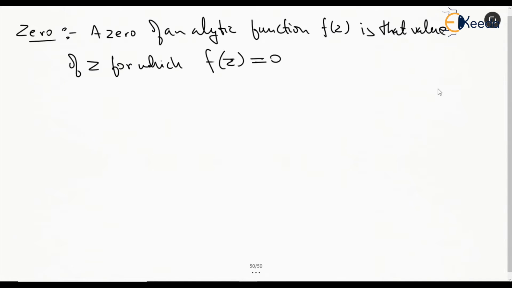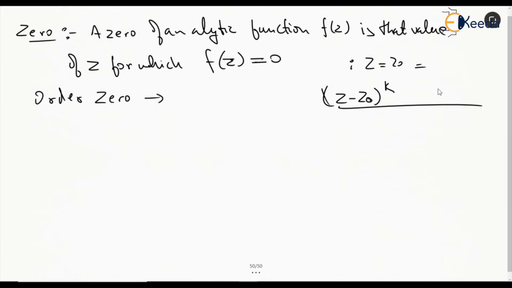Now what is the order of a zero? For whatever power this zero will be raised in the numerator, like if I say there is z equal to z naught as the zero, then there will be a certain term as (z minus z naught) to the power, let's say, k in the numerator part of that f of z. So in that case we say that the order of that zero will be k, right? Next is singularity.